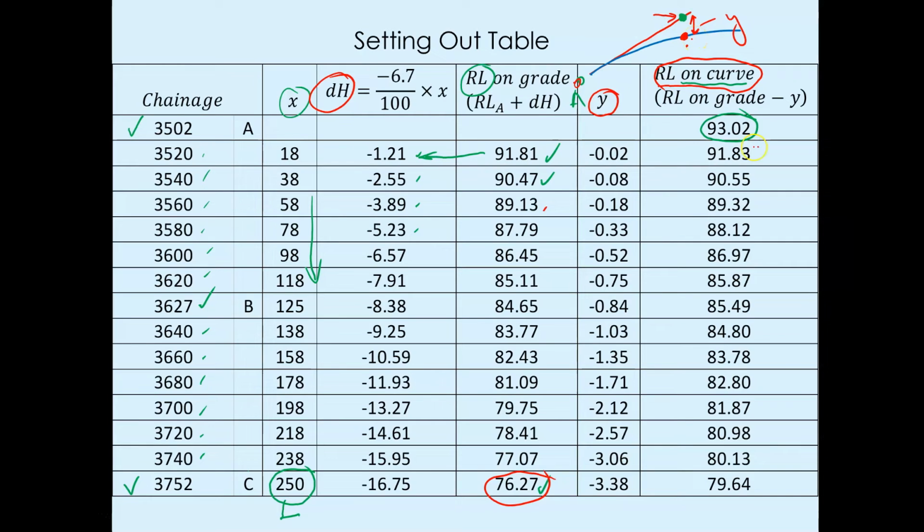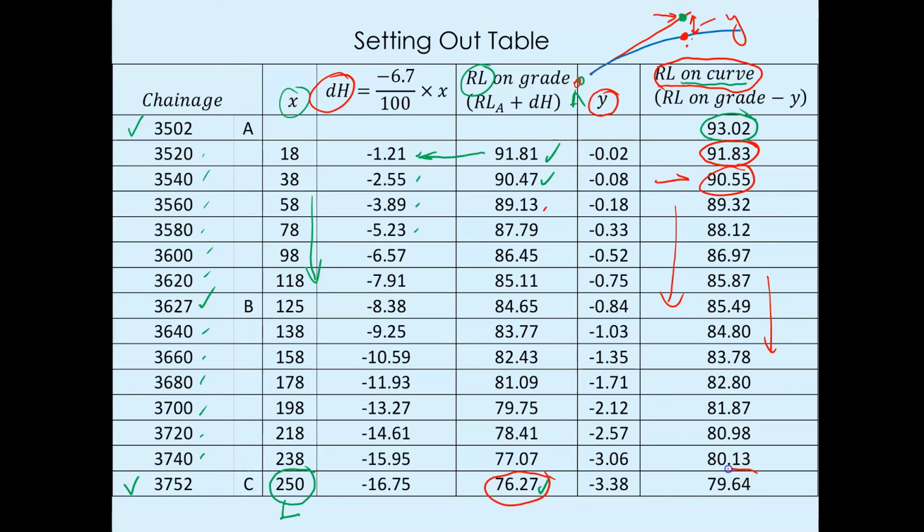So that's what we have here. 91.81, reduced level on grid, minus that, which is minus plus. So we got that one. Same thing here, 90.47 minus that, you have 90.55. And you work your way all through